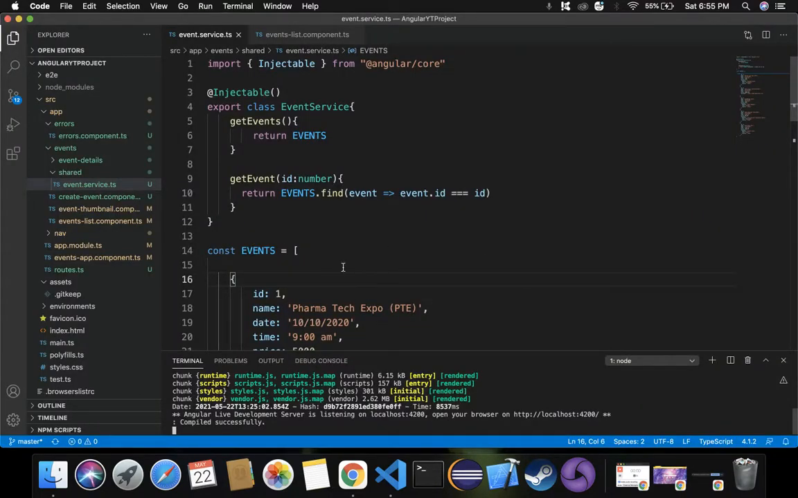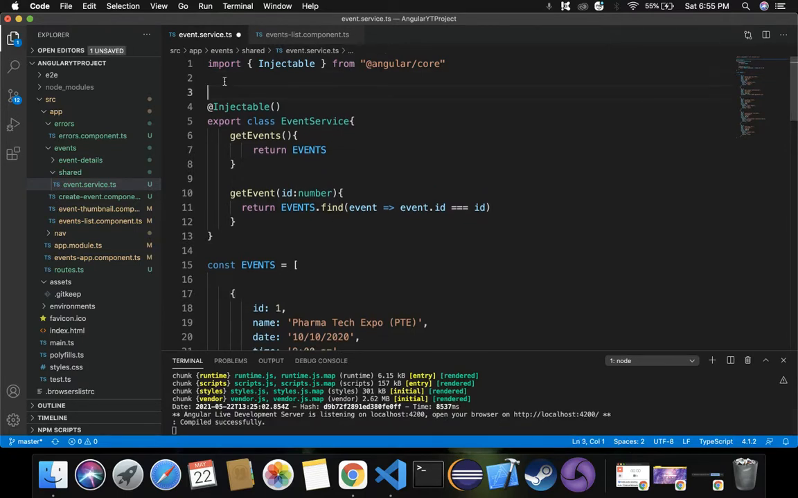Now, in this case, what happens? It is synchronous data, where it is fetching and displaying on our web page. If you want to fetch the data asynchronously, then we can make use of observables in Angular. Let's make use of observable and let's see how we can fetch this data asynchronously. Let's import